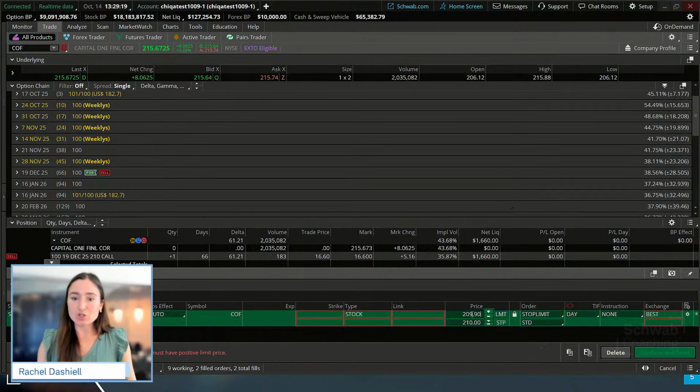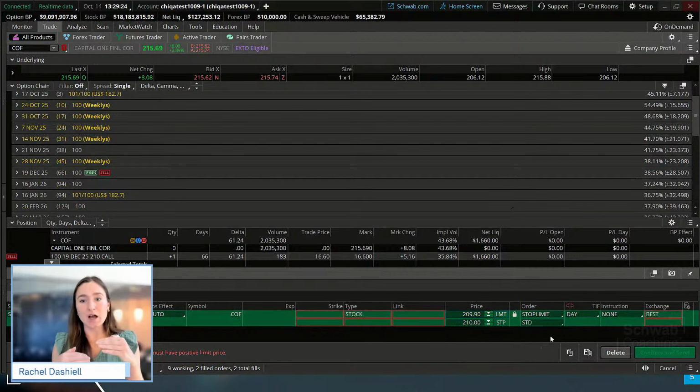I'm just going to go with 209.90 in this case and place the limit order a little below the stop price. Because if that stop gets activated and on that tick we hit 210, and let's just say we still had that limit at that same price of 210, but that next tick after the stop is 209.99, well, we just had the price of the stock blow past our limit price, because our limit price is up at 210 and says we have to sell it at 210 or better.